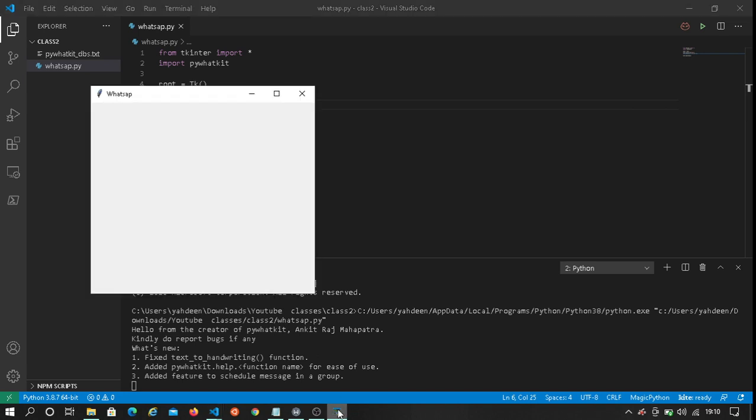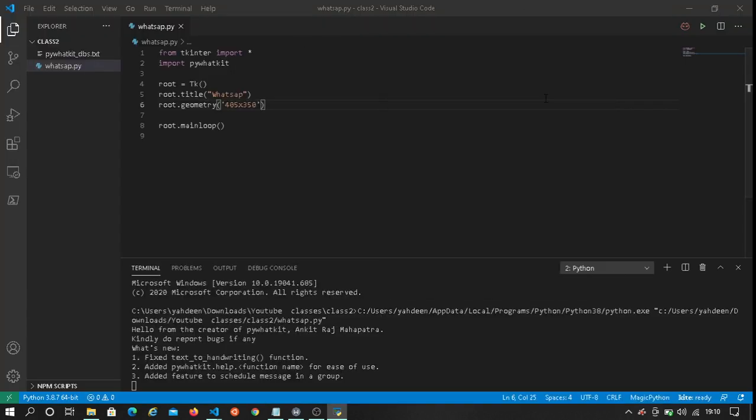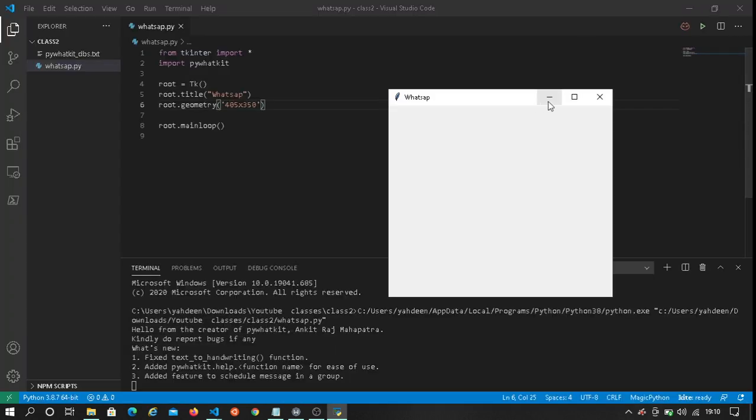Oh, it just opened. As you can see here, we have a framed box, but it doesn't have a maximum resolution. So we have to set resizable. We don't want to maximize or minimize it.